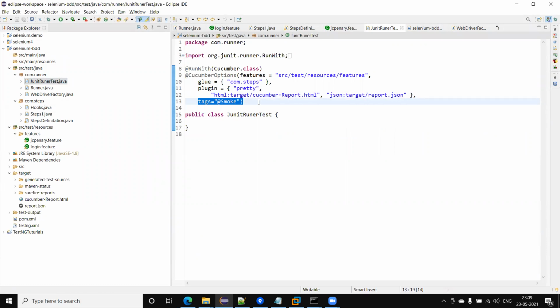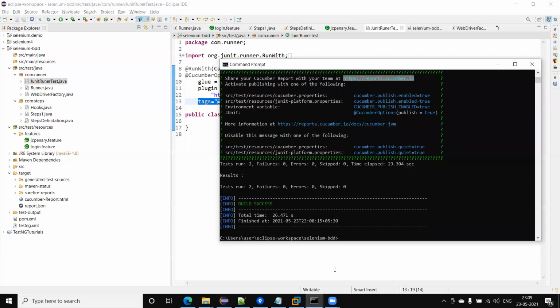Now next, how do we execute any particular tags? And why are we required to run the test from the command line? Because when we integrate this with CI tools like Jenkins, TeamCity, Bamboo, or any other CI tools, we require running our test using the command line, so that we can add these commands in the pipeline or the Jenkins jobs to execute the test. That's why it is required.